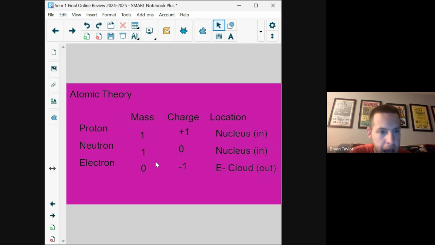The atoms are little building blocks that make up everything. You know what I mean? And the mass is 1 and 1 for a proton and neutron. Again, electrons do not have a mass. They are way too small. As a reference, just to kind of talk about it again,